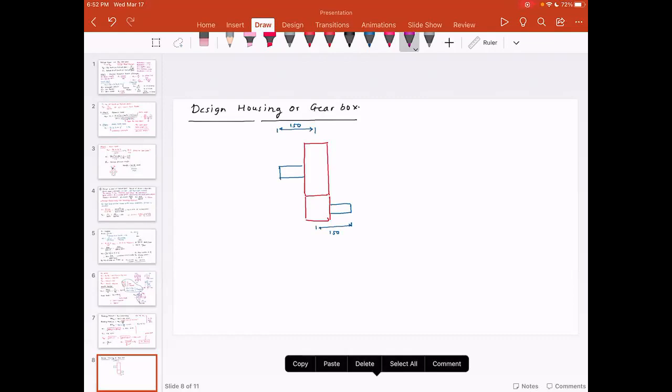Those bearing dimensions are usually found from the bearing design, but you can use a reasonable bearing width. Depending upon the type of bearing you choose, you could use a sliding contact bearing,